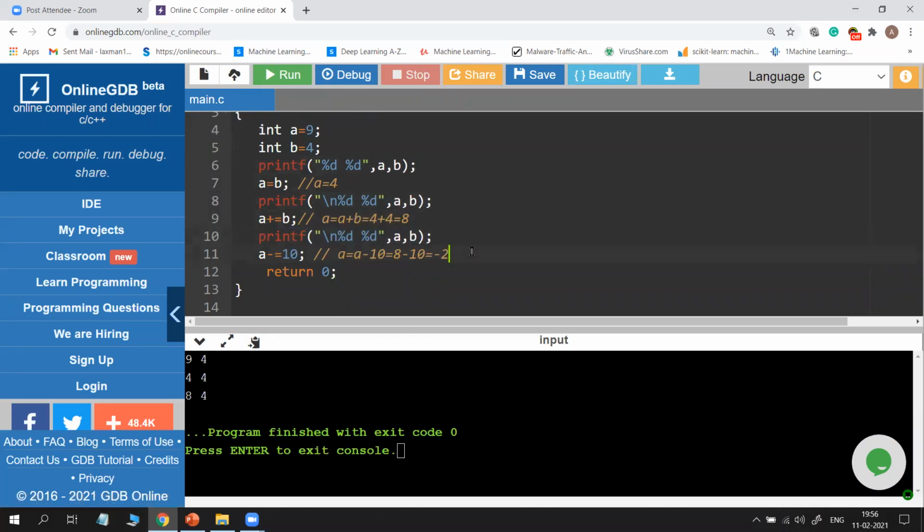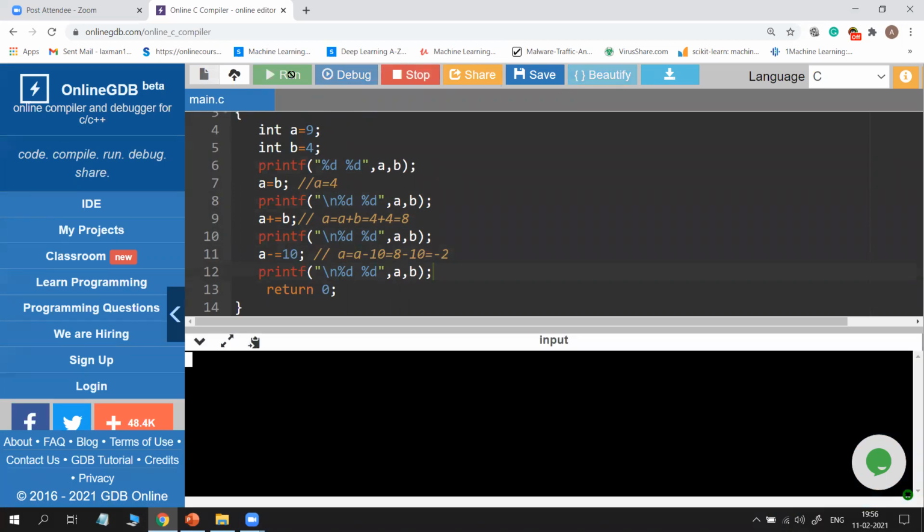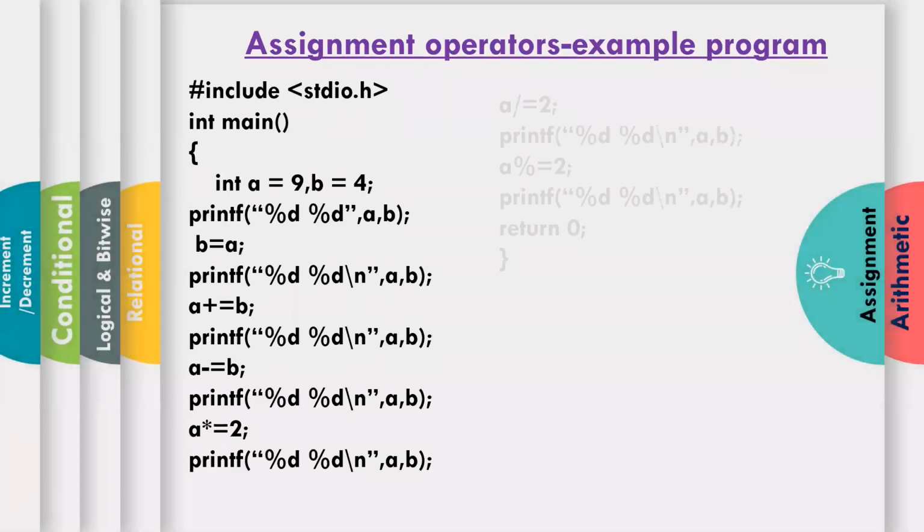So if you print A B, you will get minus 2 and 4. So the previous updated value is taken. In place of A, you may write B, whatever it may be, the operation works in a similar way. Okay, so this is about assignment operators.